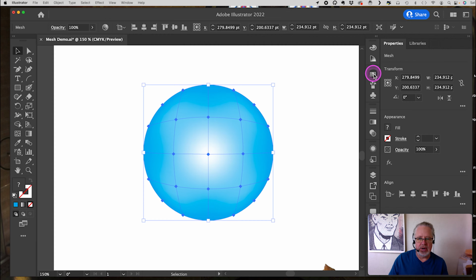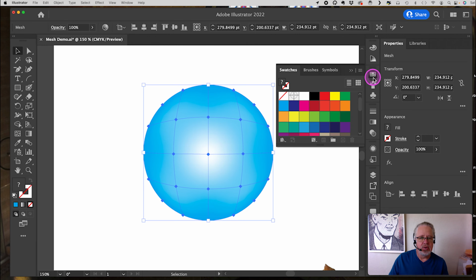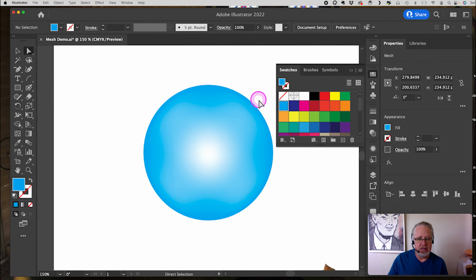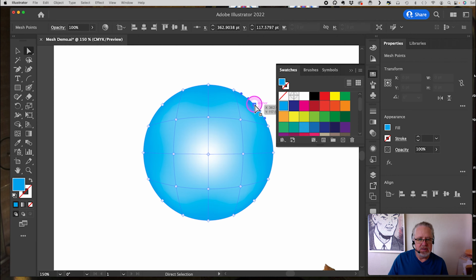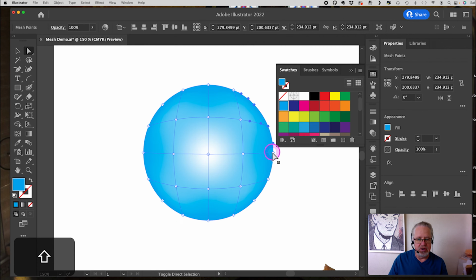And if you don't have the swatches panel, you can always find it by going to Window and down to Swatches. Right, so let's go ahead and start colorizing this a little bit. I'm going to go ahead and click off to deselect, and then start selecting individual points. Now the great thing about this is with the white arrow or the direct selection arrow, I can hold down Shift and click and select multiple of these mesh points at one time, and then add color to them all